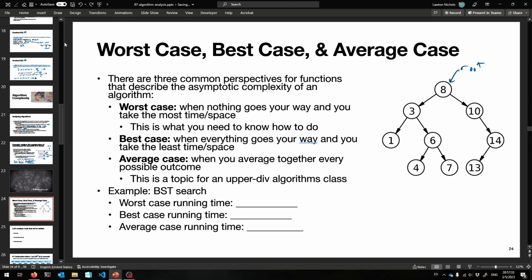Okay? And so if you remember, you could have a really horrible looking tree. All right, let's pretend there's n elements in the tree. You can have a really horrible looking tree, and the thing that you're looking for may not be there. And so do you remember that you can have a horrible looking tree like this if you insert in a weird way, right? And then there's n things in this tree, and you're looking for something that would have been right here. That's the worst case. That's the worst case for binary search tree search. All right, this is going to take n+1 comparisons. And every comparison